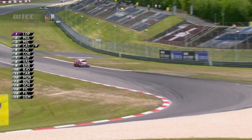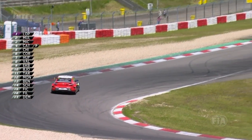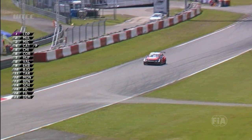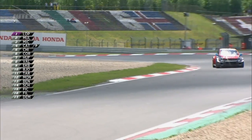However, taken as read that it's green, and Jose Maria Lopez leads the field. Ivan Muller was second out. Mehdi Benani again went out third in the line ahead of Tom Chilton, and that might not please Chilton much. Surprised Tom didn't push a bit harder to try and get by Mehdi on the first run round